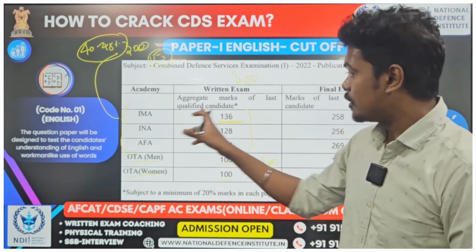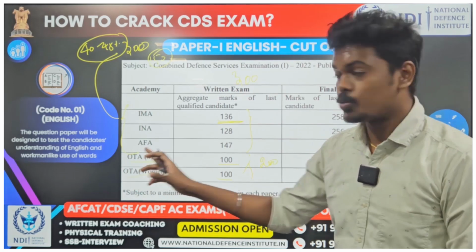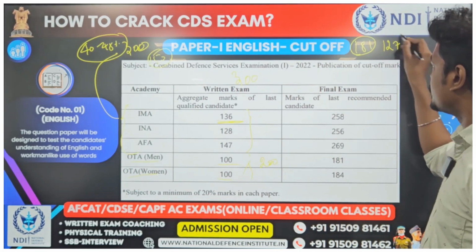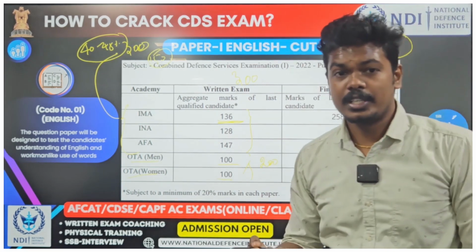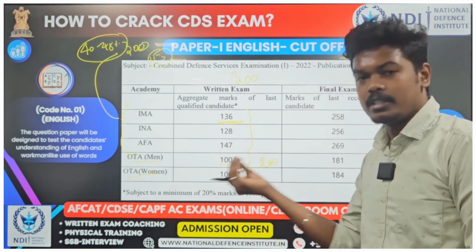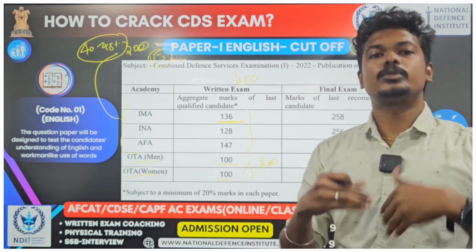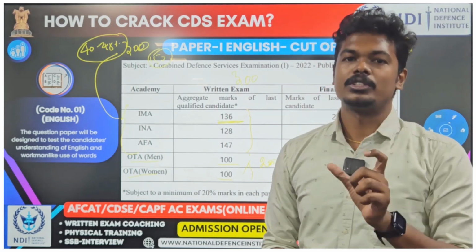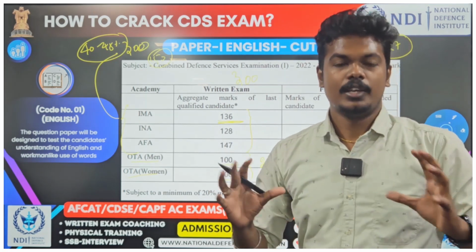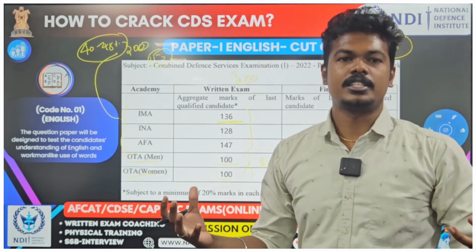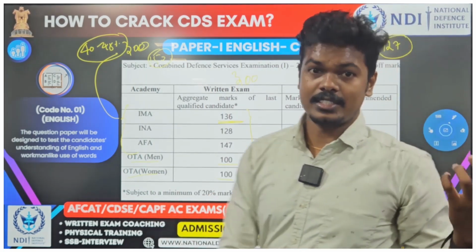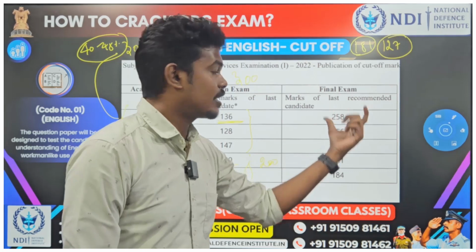As I said, for IMA and INA and AFA, it is 181 marks, topper marks. For OTA, it is 127 marks. Again you see, just a little, 100 plus an extra 20 marks. So the extra 20 marks will fetch you the All India rank 1. So that is what we have to know in this. 50% is our target. More than 50%, yes, it is an additional one, it will be well and good for us. So thus we'll take a look at it, and then this is the marks of the last recommended candidate